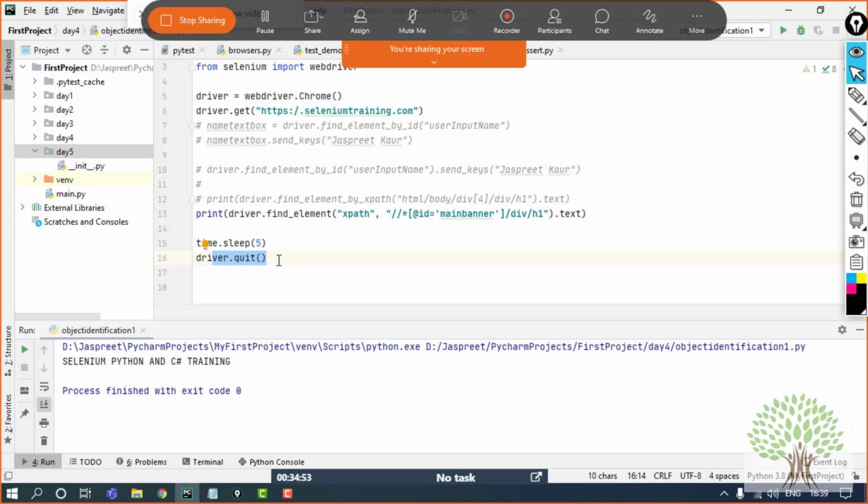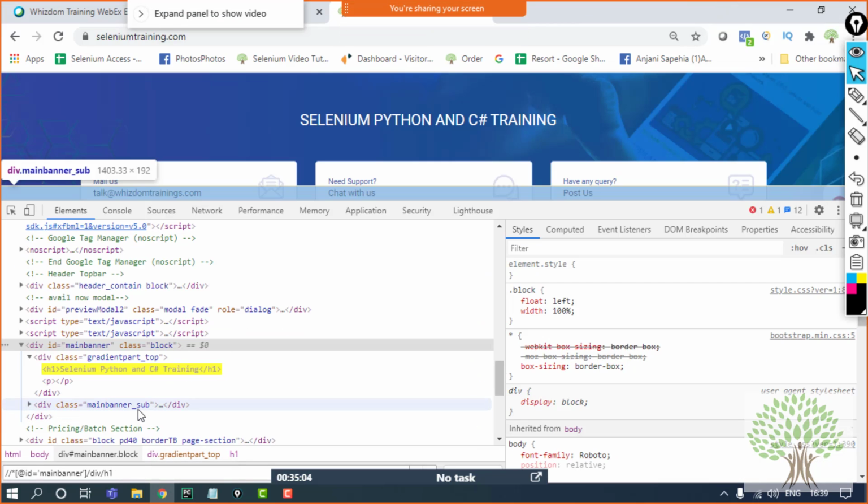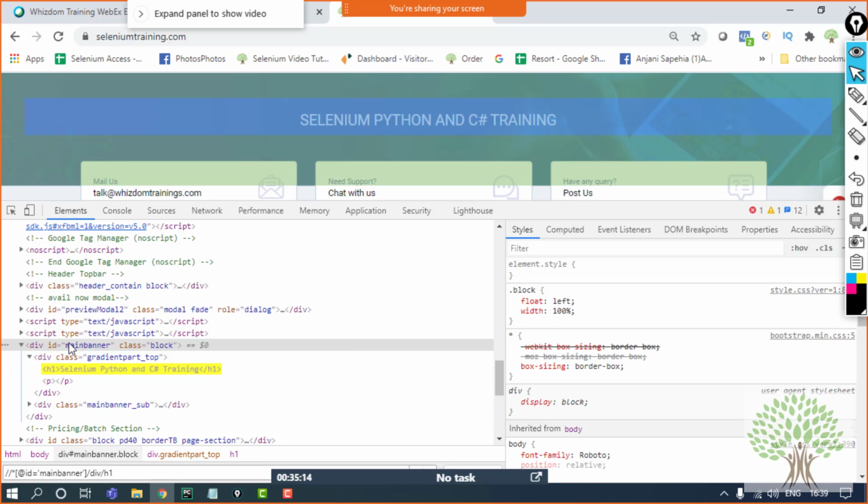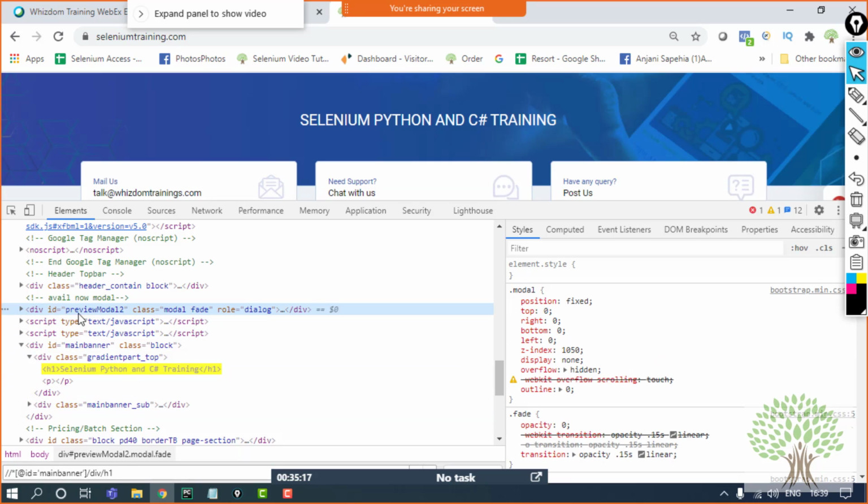Fine. Now this was about making a partial XPath constructed by our own. Now it's not like you can only use the ID attribute. If you have the name attribute as well, you can use that also, but preferably we go with the ID. Like over here, if I have to use attributes from this particular div, I can use role as well. There is no issue. But class is not going to be preferred when we are identifying unique elements.